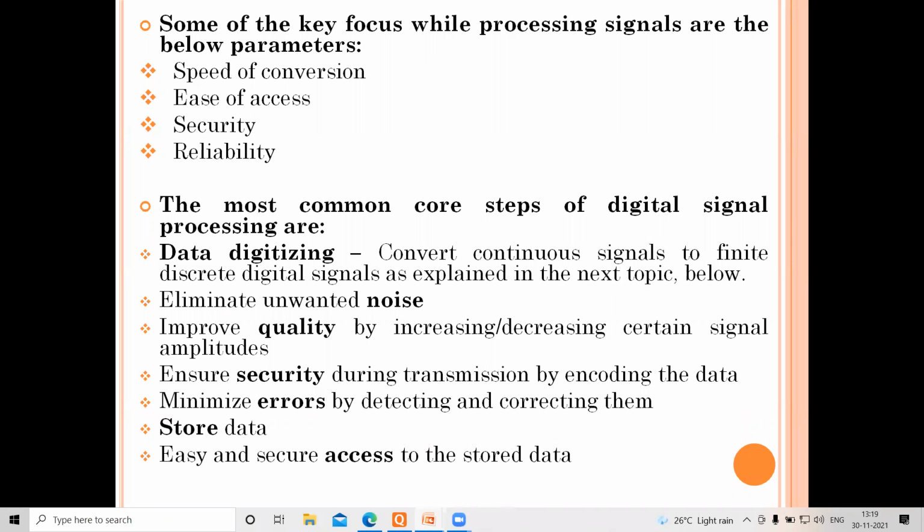You go to a doctor, you have some medical complications, and he recommends certain medicines and certain things. All these have to be digitized. When you visit your doctor next time, the information should be safely retrieved. And next time, what medicine is being prescribed, the progress of your disease, all that can be analyzed. Therefore, these are very important steps: ease and security of access to stored information.